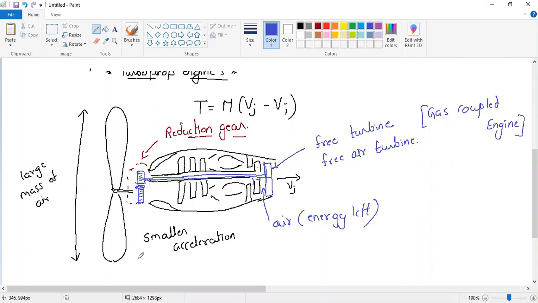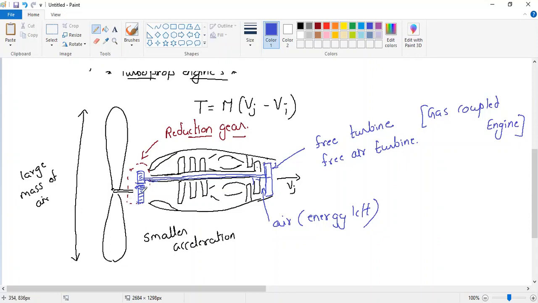Sir, is there any fixed ratio of reduction gear? That will depend upon the engine RPM. Suppose the compressor is at a very high RPM, but the propeller RPM has to be maintained, right? Then the reduction gear will have a bigger value, that will be 5:1. But if the compressor is rotating at a smaller RPM, then the reduction gear value will be 3:1. That will be given by the manufacturer. No one will ask you in DGCA what is the value of reduction. Just for understanding purposes, reduction means the RPM of the core engine will be more than the RPM of the propeller.